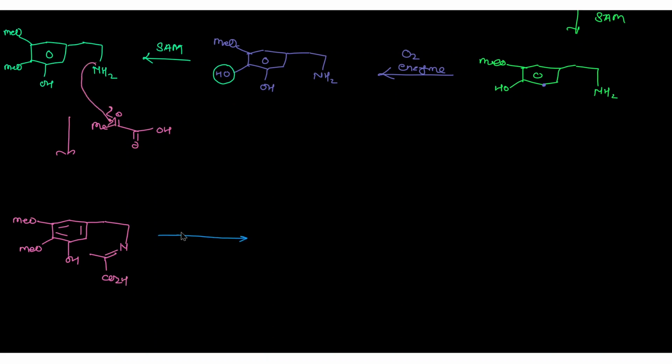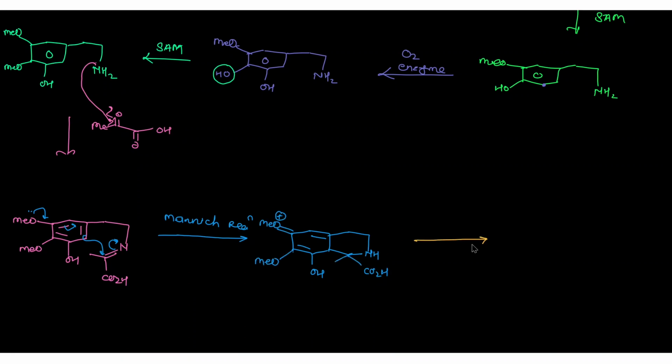In the next step, a Mannich-like reaction takes place. The para position in the aromatic ring is nucleophilic due to the mesomeric effect. So the lone pair of oxygen delocalizes over here and this double bond attacks on this carbon atom. This bond opens on nitrogen and H plus is taken up and we get, in the next step, formation of favored aromatic tautomerization. And we get